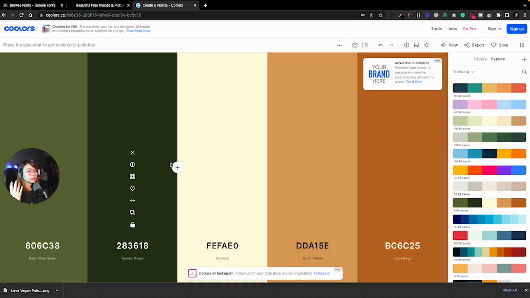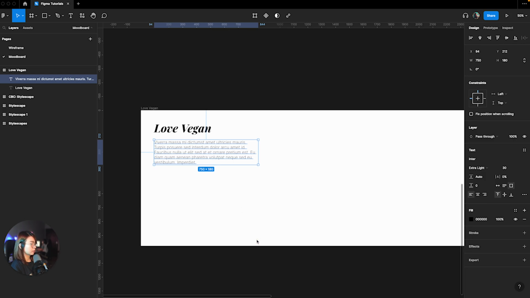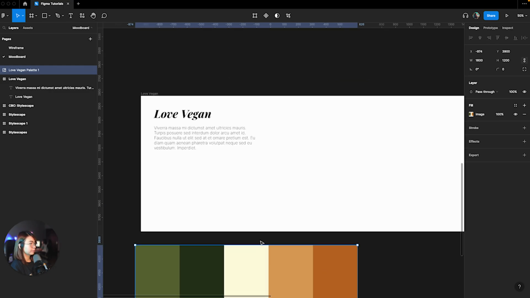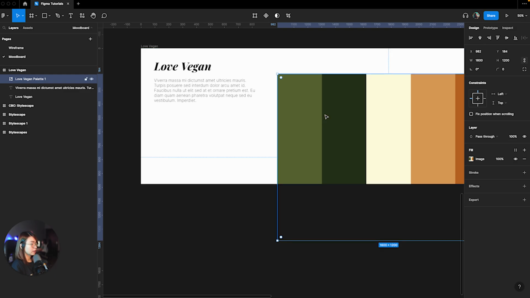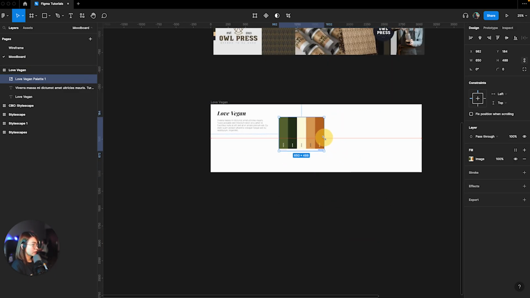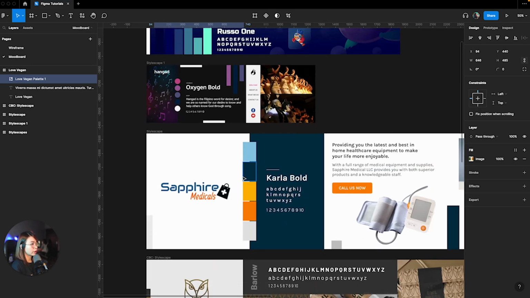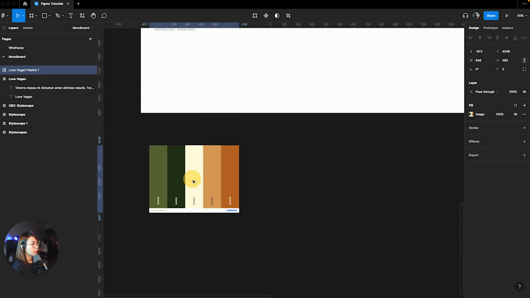So now that we've exported the color palette, let's go back to Figma. And let's just drag our color palette here. You can actually paste this file here if you want. Or if you want something like what I did before, a more creative presentation of the color palettes, then we just need to